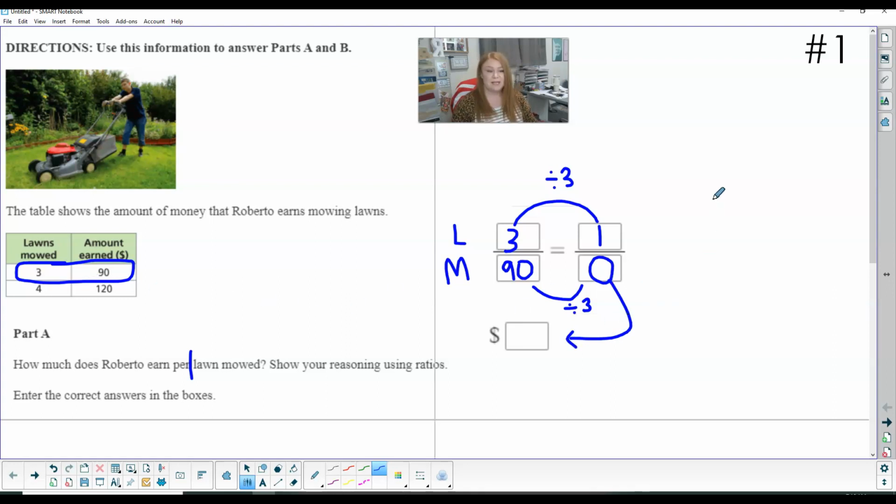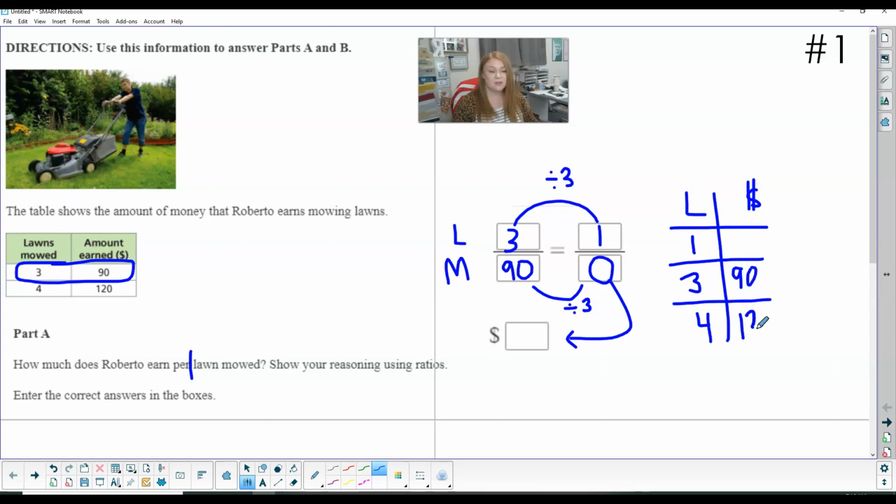We could do the same thing in the table. We could say, here's our lawns, here's our money. We want 1 lawn. We want 3 lawns. We want 4 lawns. We know this is 90. We know this is 120. How do I get from 3 to 1? Well, I divided by 3, so I would divide by 3. So a table or this ratio will give us that same answer here. So go ahead and divide that by 3 to get that final answer for how much he makes when he